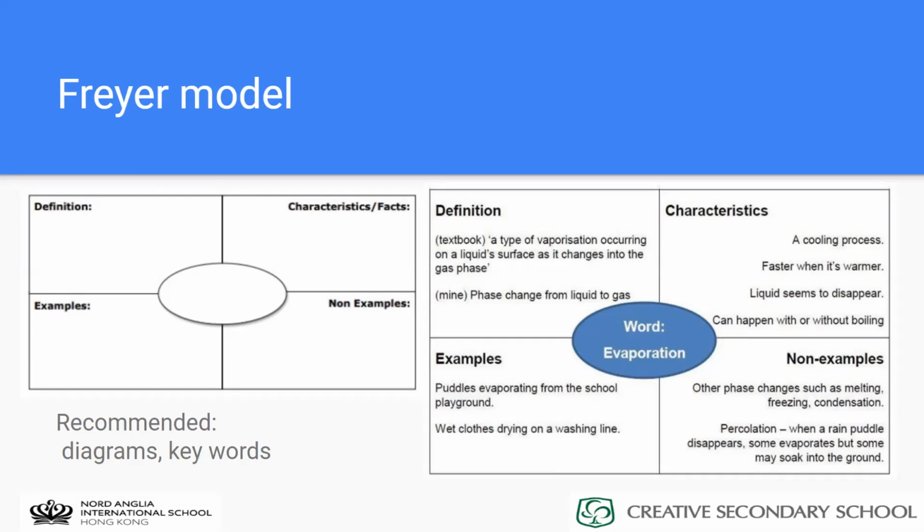So I find the non-examples a really important section in here, because doing the counter examples, things that don't work, actually explains a lot of their working. So if I were going to do this for something like explaining what a prism is, then my non-example for a prism would be something like a cone or a sphere.